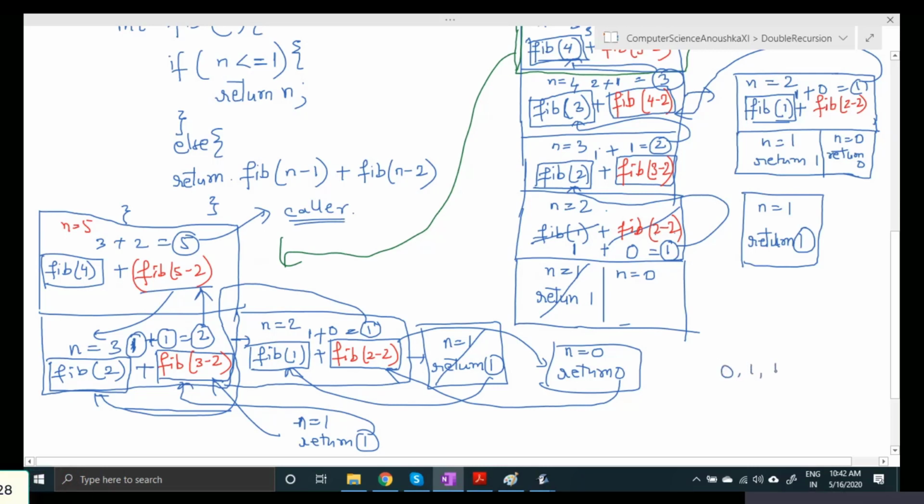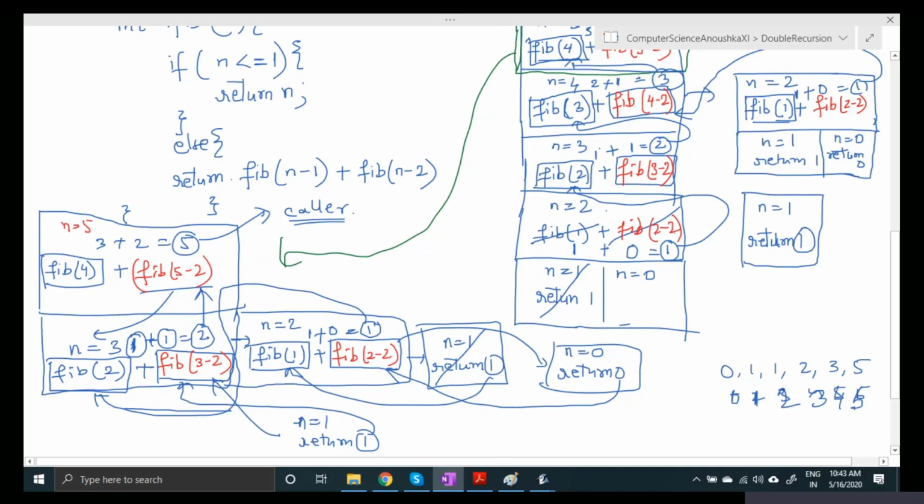So it is like this now: 0, 1, 1, 2, 3, and 5. So 1, 2, 3, 4, 5, 6. That's the 6th digit. So 5 is the 6th digit. We never returned 0. We started with 1. No, this 0 will be at the 0th position, 1 will be the 1st position, this one will be the 2nd position, this will be the 3rd position, this will be the 4th position, and this will be the 5th position. Like that. It will be taken like that.